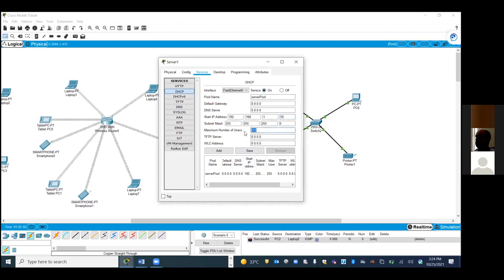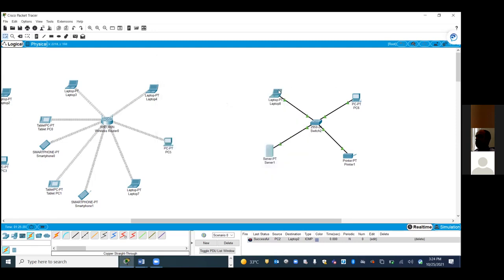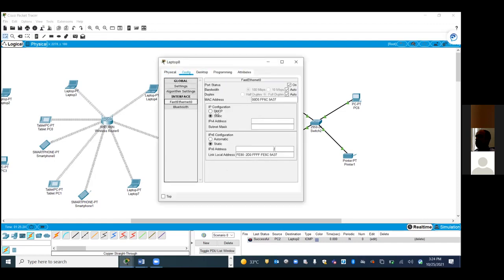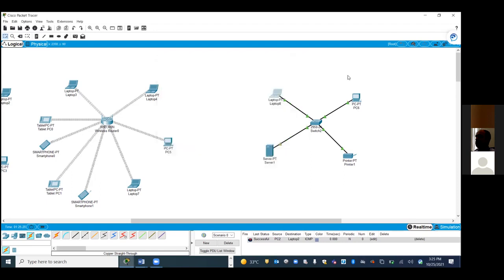Yeah, you can put 50 and put a maximum of 50. Okay, and save it. This we did. Okay. Close it. Now I go to the laptop, enable DHCP. See, 50 is coming.